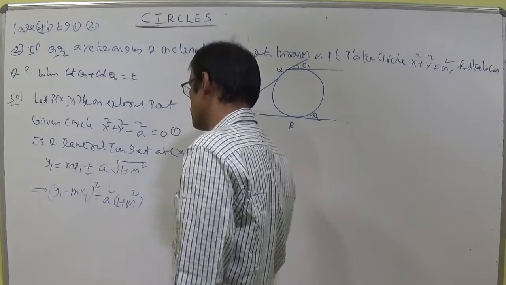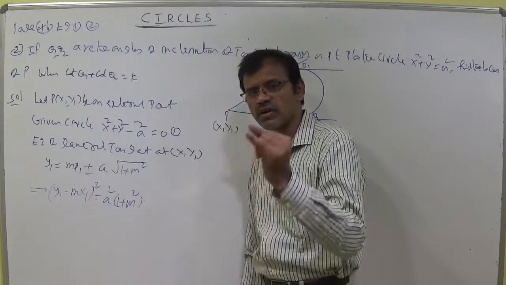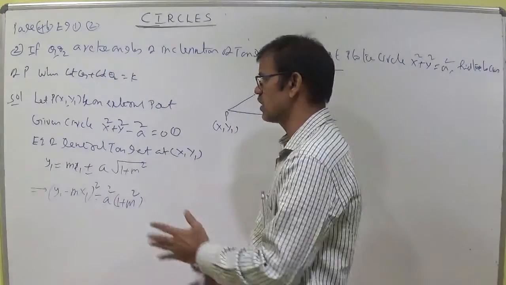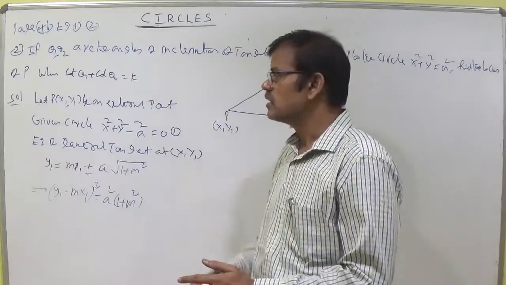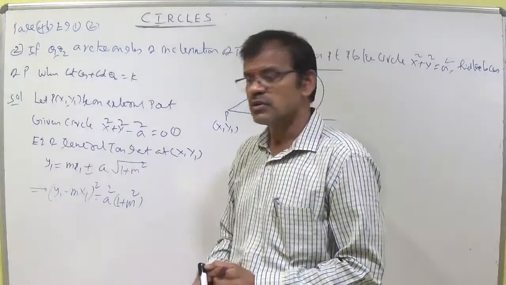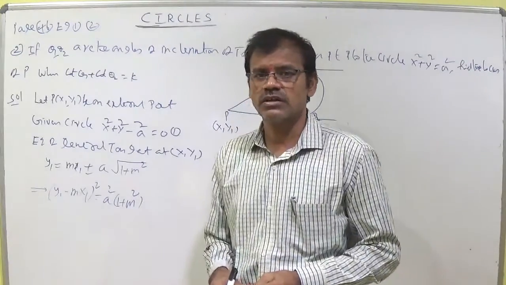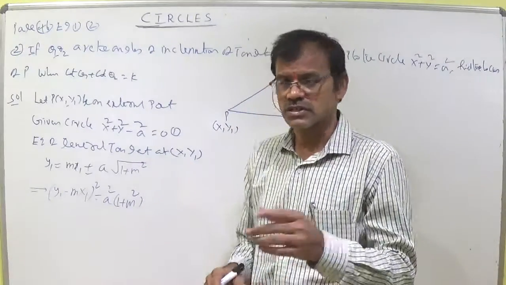You will get the same model for parabola, ellipse, hyperbola. These are called locus sums. Plenty of sums are there. He will be giving you a synopsis, so simply remember this formula for the sum.